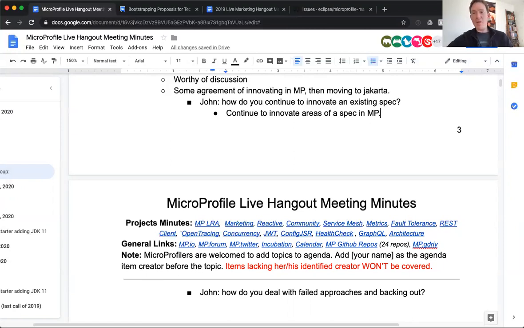We can try it out, and if it works, it works. And if it doesn't work, we ditch it, we change it, we reinvent it. We think we got really close, but we can do all that under the MicroProfile package, even though it's maybe thought of as something that's CDI. And if we like it and we think it's stable after a couple of years, we can just move it in and say that, you know, we want to build a bunch of specs on it over on the Jakarta side of the fence. So let's move it over. Kind of what REST client is.